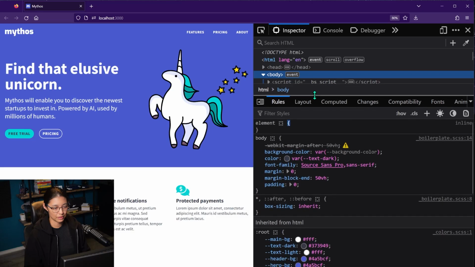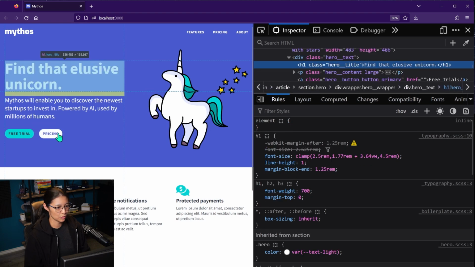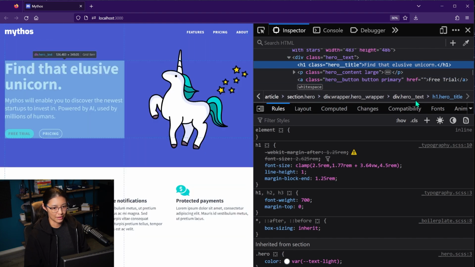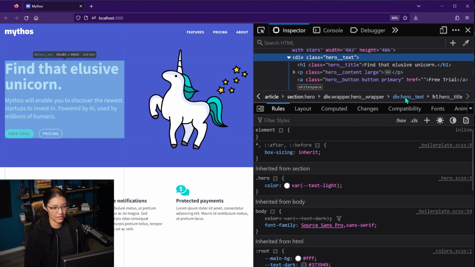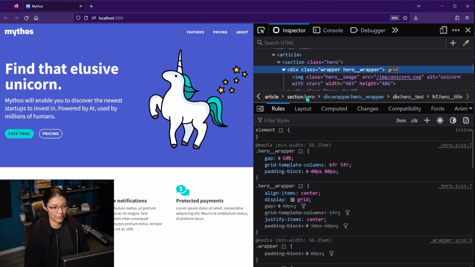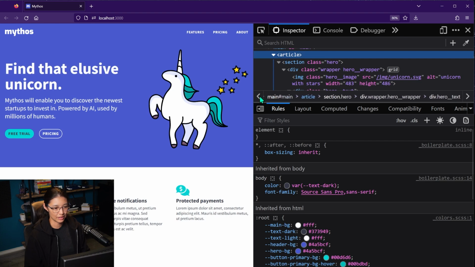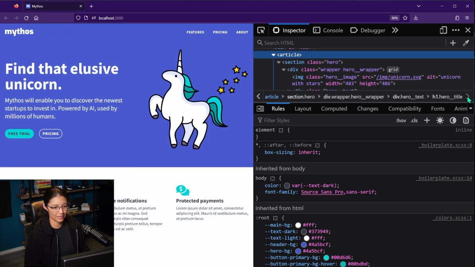So I'm just going to move this panel up a little bit, and I'm going to inspect the H1 tag here. Under the markup panel is this breadcrumbs bar, and this shows you all the ancestor elements of the current element that's selected up in the markup. It's kind of cool because you can click and it'll navigate to the parent or ancestor element that you've selected. And you can click the left and right arrows, if it's too long, to go all the way up to the HTML tag and navigate that way.